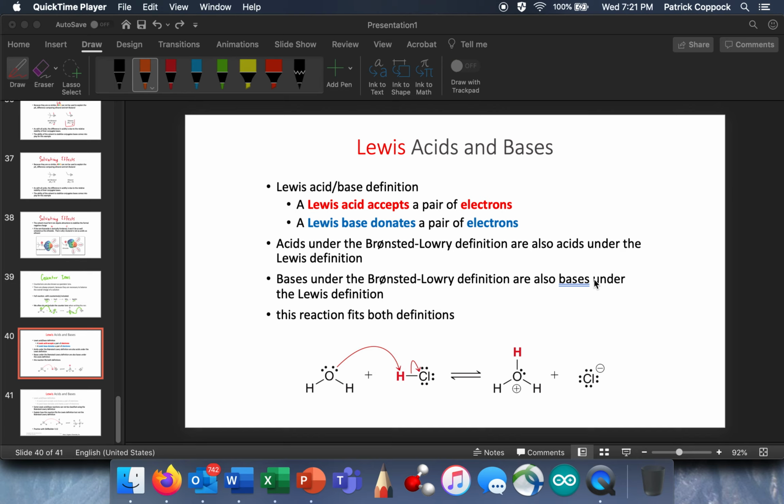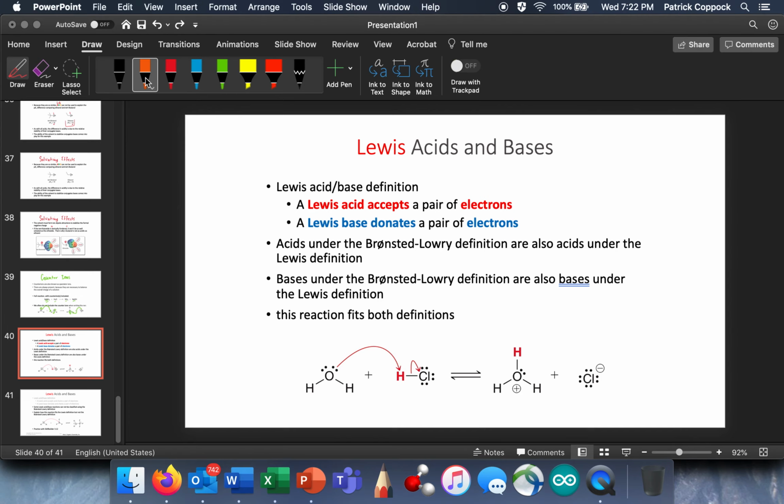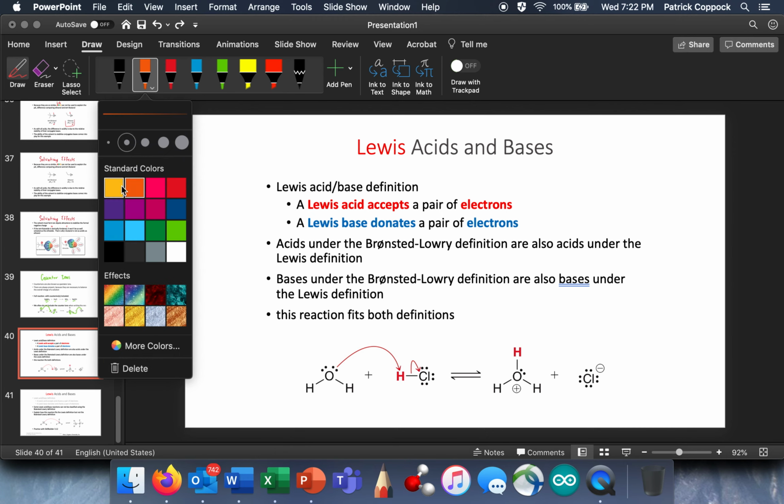So a Lewis acid is actually no longer a proton donor, it's an electron pair acceptor. That's what a Lewis acid is, okay? And a Lewis base is an electron pair donor, all right? So you can see that acids that are Bronsted-Lowry acids also fit fine under the definition of